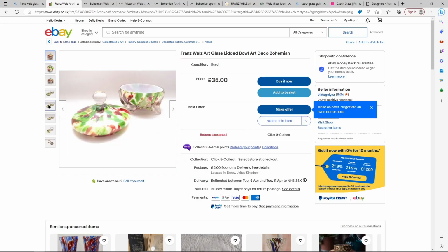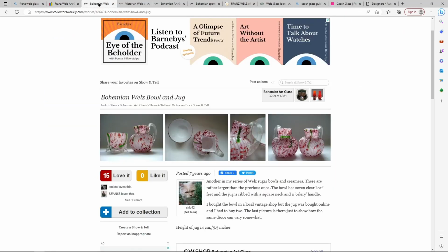If you look, it's got a white interior as well. And then, yeah, good old Collectors Weekly. Here's the colorway that we were looking at. So they're saying this is Transvaals. I've seen these before, especially this,